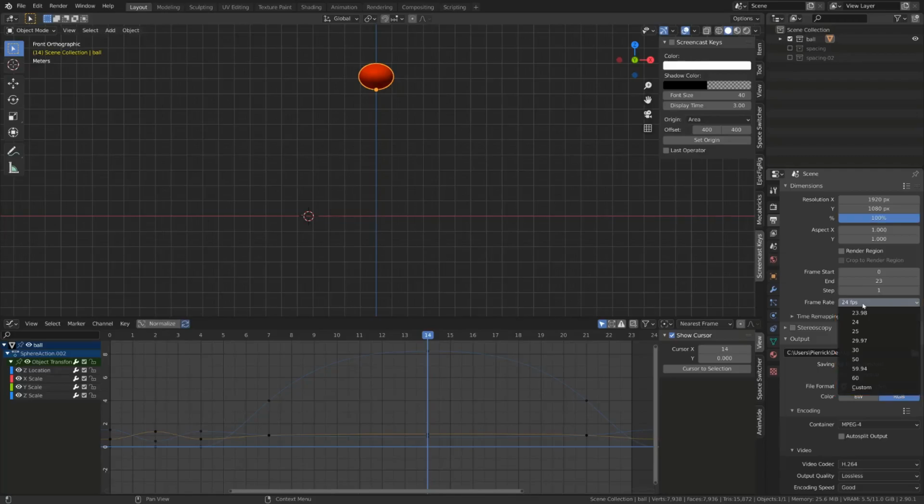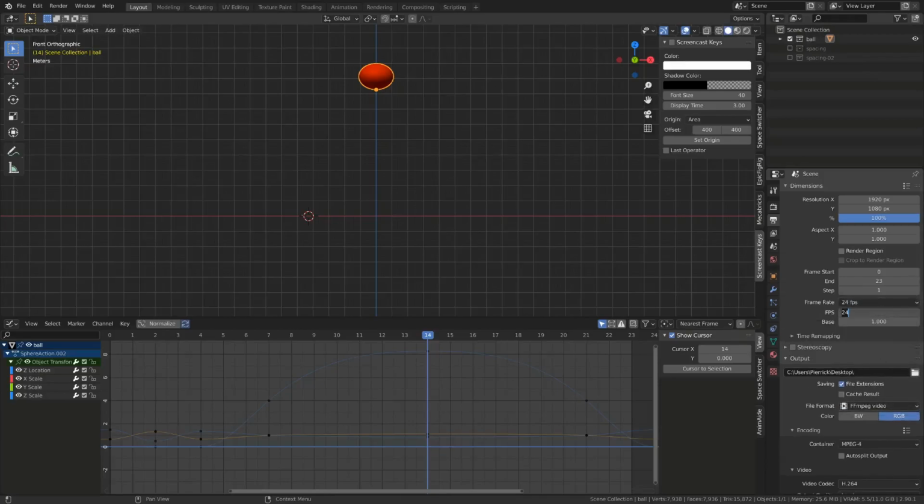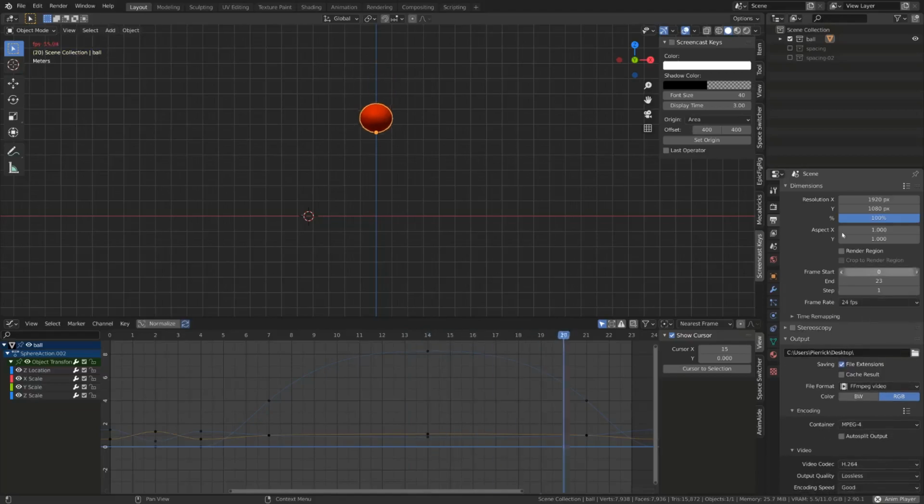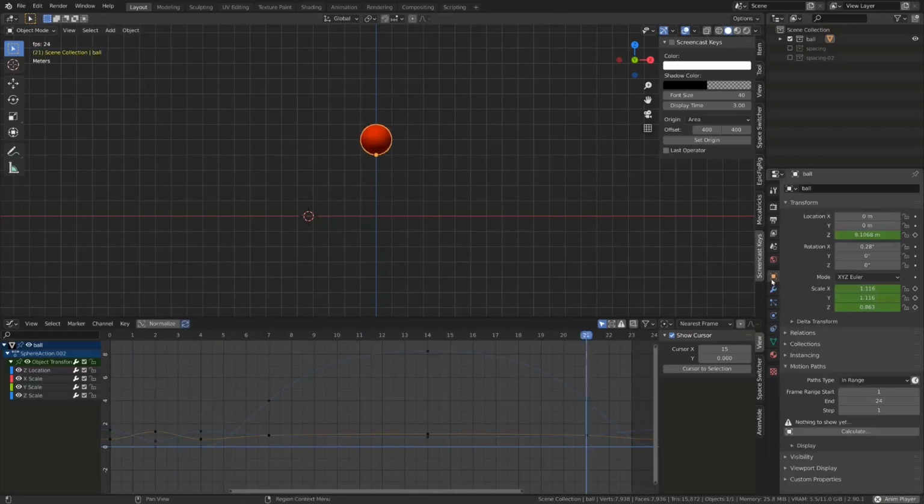Here I will select a custom frame rate and I will set it to 5 frames per second. Now when I play my animation, it plays in slow motion. It's a good way to identify the different positions of the bouncing ball, and it can be a method to spot spacing troubles. Switching back to 24 frames per second, I will select the object and go into the motion